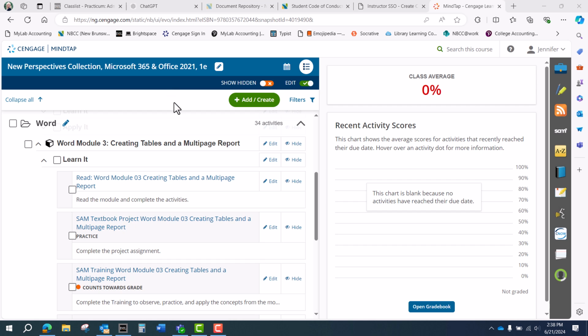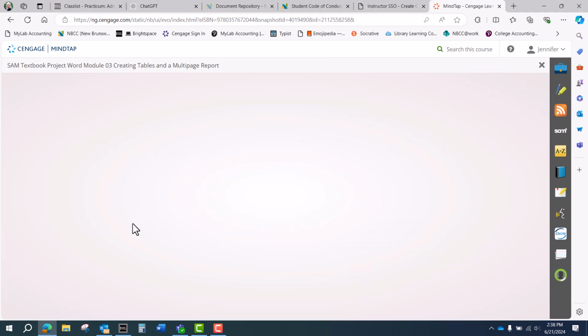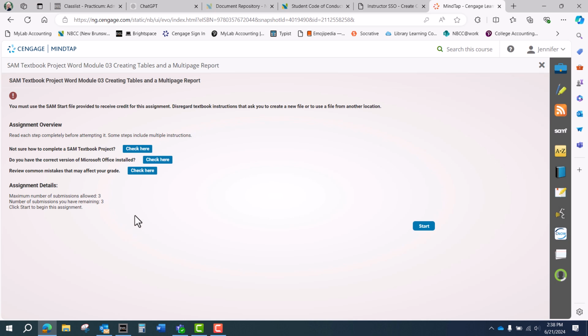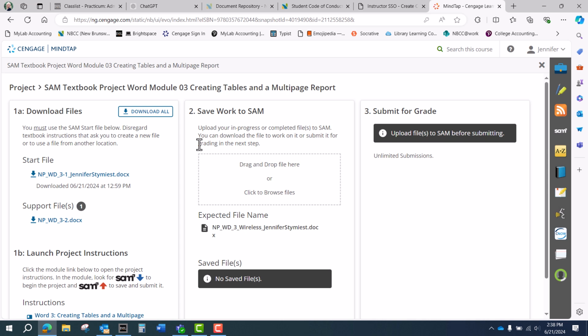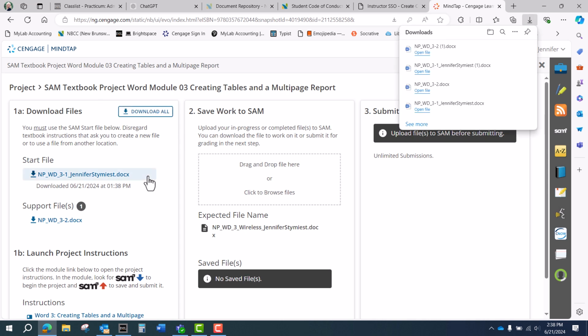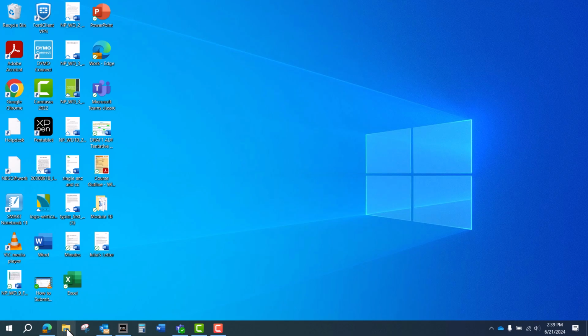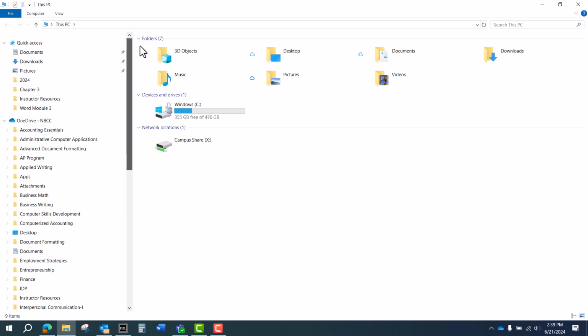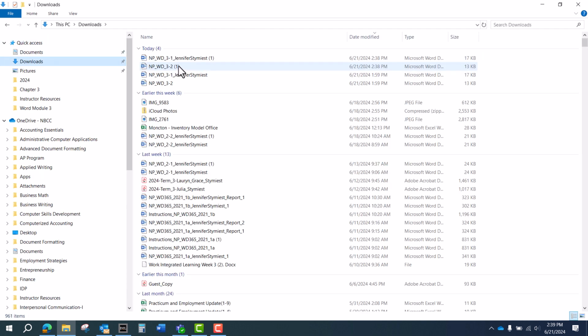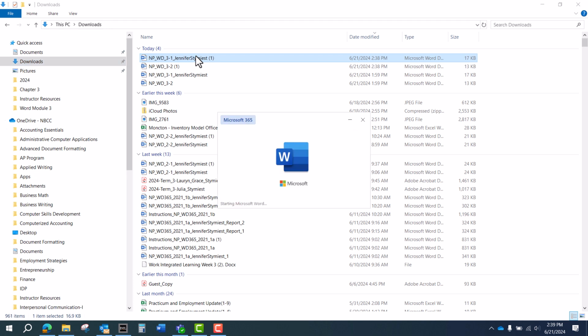All right, we are going to work on Word Module 3, textbook project. So I'm going to open up our module in MindTap, click Start, and we're going to download our files. I'm going to right-click and copy my expected file name, and then I'm going to go to my downloads and find the file,